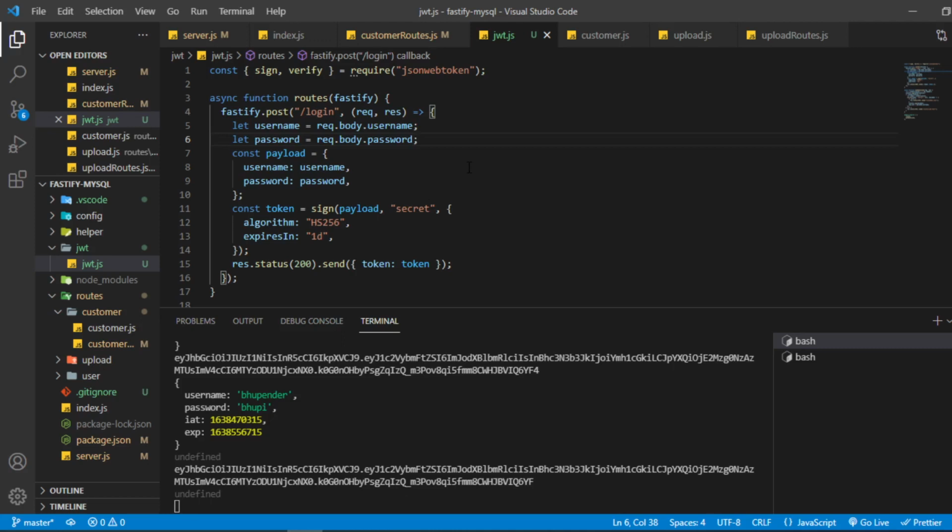And after checking the user in the DB, one more thing we will do, we will also make this password field encrypted. Okay, we will save the password as an encryption in the database. So there's a lot to come in the future.